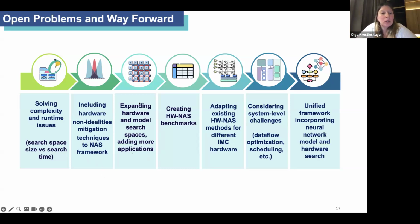So also expanding the hardware and model search spaces is very important. Adding more applications is also very important. This concept can be applied to so many different problems rather than just applying it to the standard in-memory computing designs based on vision tasks. This can be extended to spiking neural networks, for example, running on in-memory computing hardware, considering